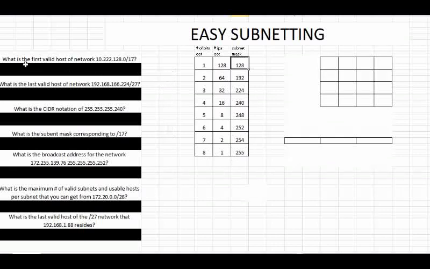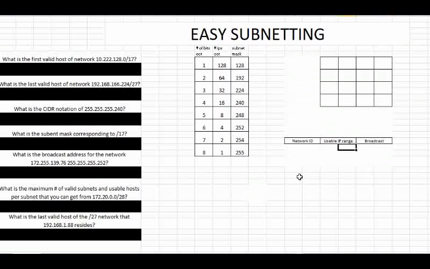So first, what is the first valid host of the network 10.222.128.0/17? Okay. So when you're looking at that, you first have to understand the basics of subnetting, which I'm not going to get too much into. You should already know that if you're looking for an easy way to do subnetting questions. With your subnet, your network ID is going to be your first IP, then you're going to have a usable IP range, and then the last IP is going to be the broadcast